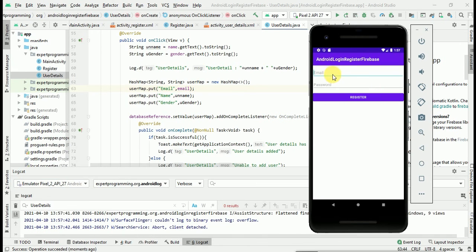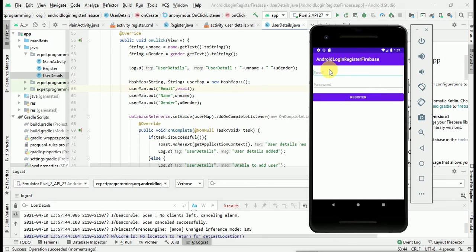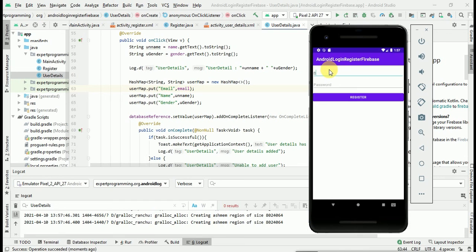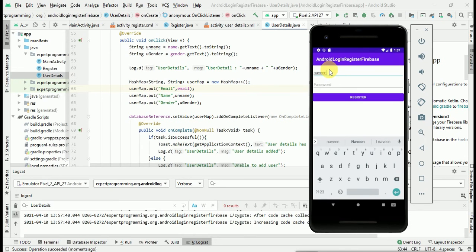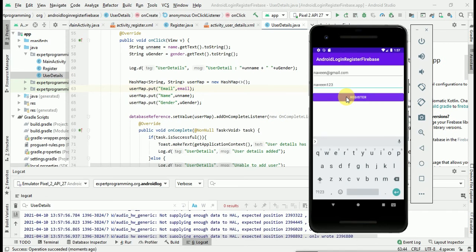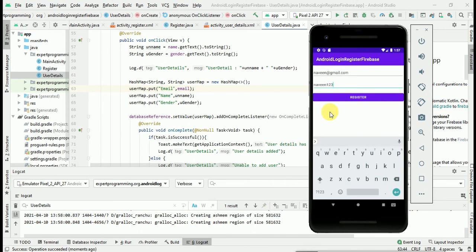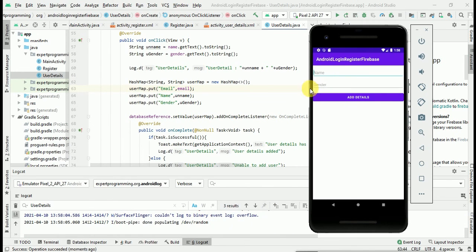So if you see, it's asking for email and password, so I will give another email. And I will give a password also. Let's register this one. Okay, so it's registered successfully.